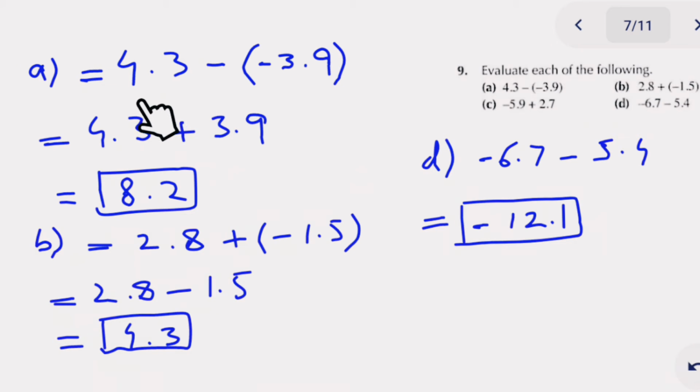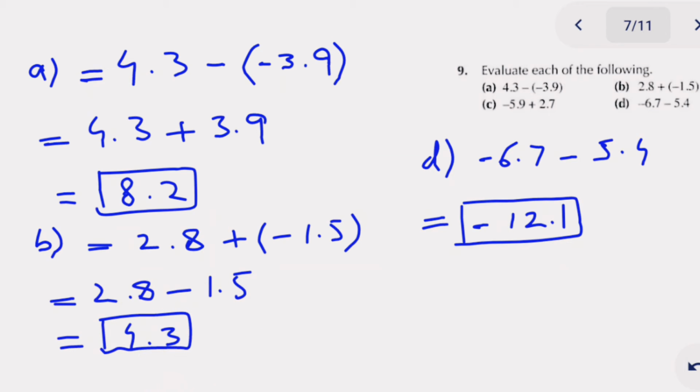In this part we see 4.3 minus bracket start minus 3.9. So first we have to solve this bracket, minus minus is plus. So 4.3 plus 3.9, we have to add them, and after adding we write this answer. In the second one, also 2.8 plus minus minus 1.5, and we have to subtract 1.5 from 2.8,